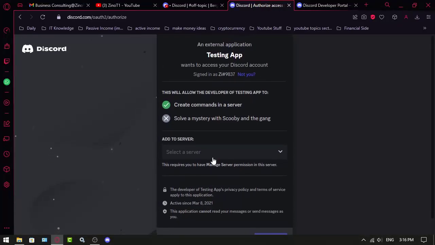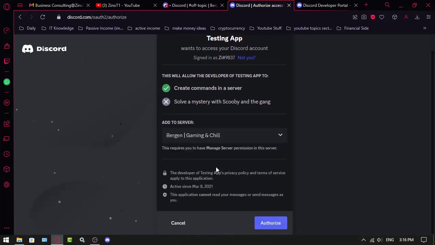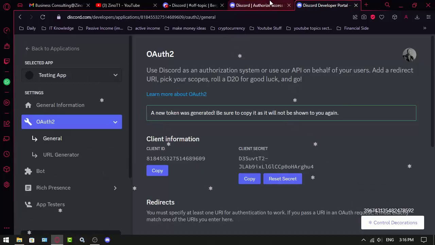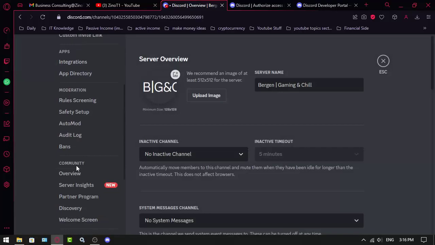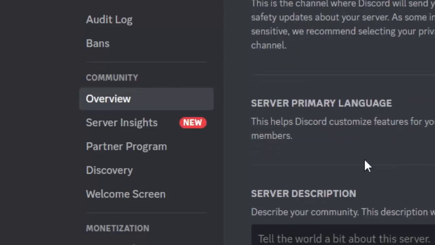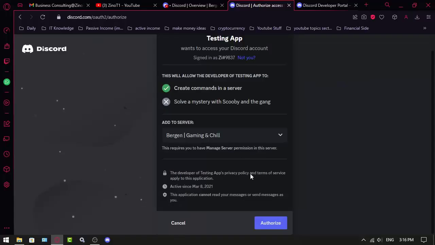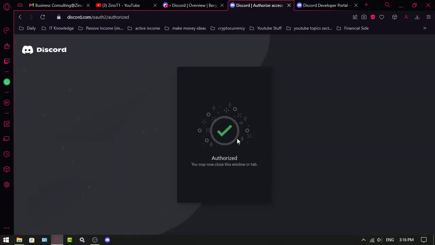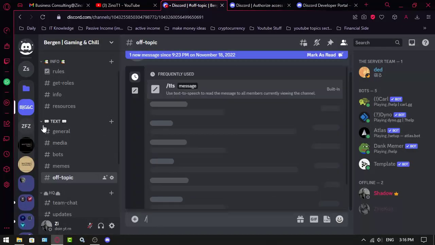Alright, I see that you are in here, and then you pick this server. Oh, and make sure the server is a community server. I'm going to show you that in, for example, here. You have to go over to community and make sure it's active, and then once you make sure it's active you just click authorize, and that's it. Now for the last one you just do /finish,